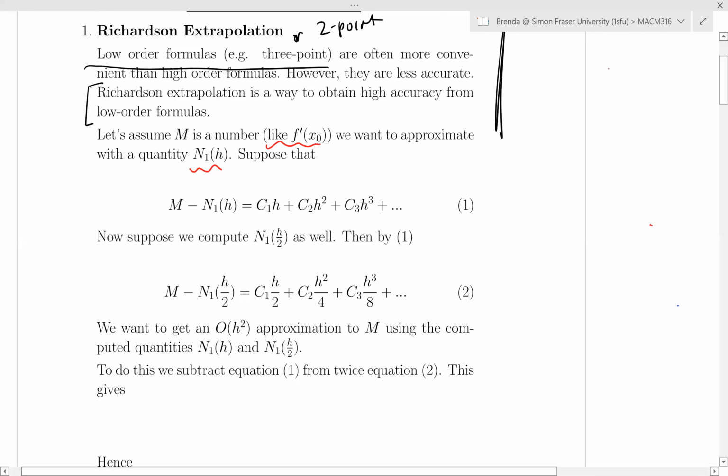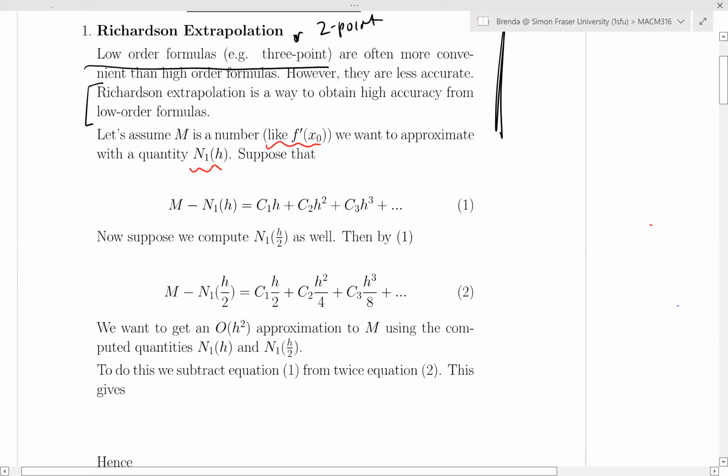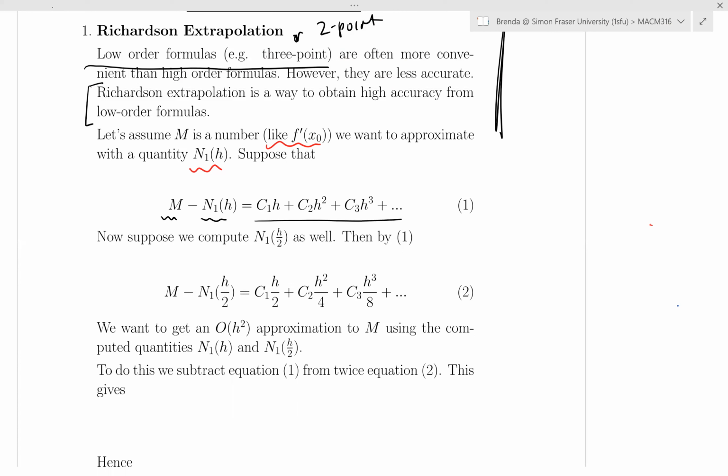So again, thinking of the derivative, that is our distance between the 2 points. And we have the situation where the difference between the thing we want to approximate and our approximating function looks like this. That was the case for numeric differentiation. If we're in that situation,